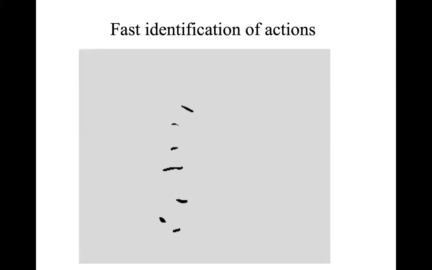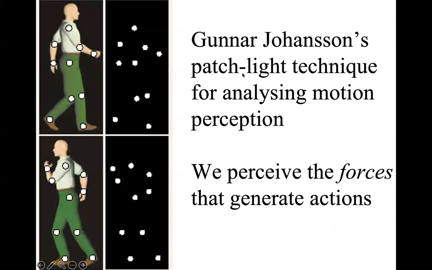Well, this was discovered by a Swedish psychologist in the 1950s, Gunnar Johansson. He developed this kind of patch-light technique where he put small lights on the joints of the human body. So he had lights on these points, and then he filmed them in dark clothes in dark rooms. So the only thing you saw in this movie was the dots moving. And in the movie I showed you, there were plastic reflective bands instead of dots, but basically